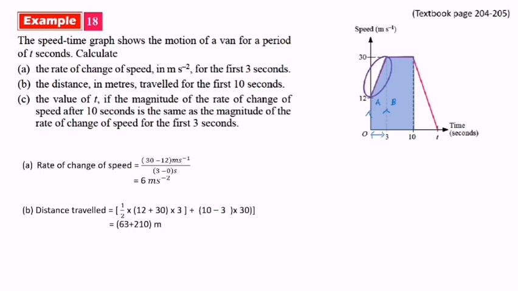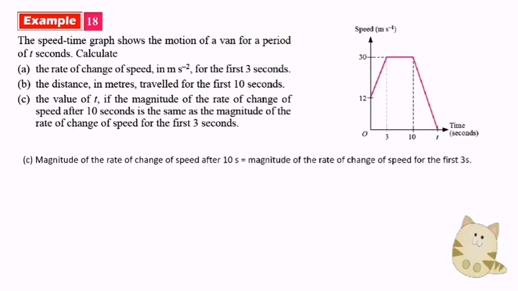Distance traveled equals 63 plus 210 equals 273 meters. D. The value of t if the magnitude of the rate of change of speed after 10 seconds